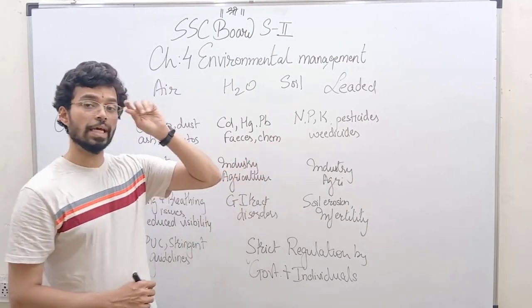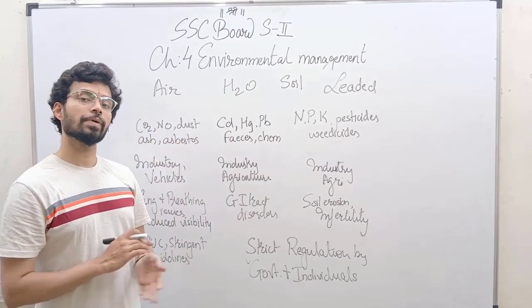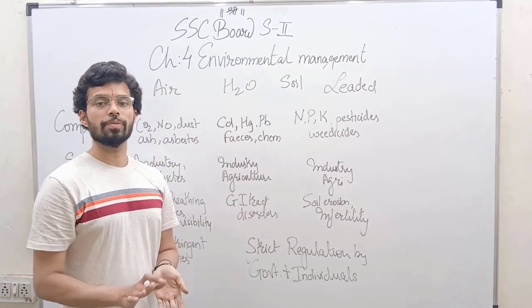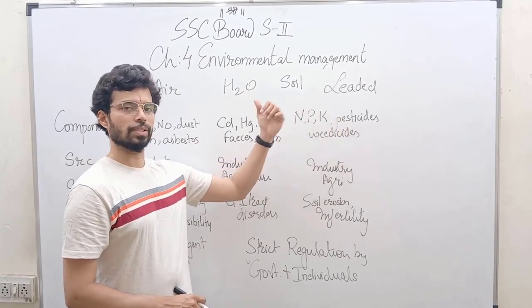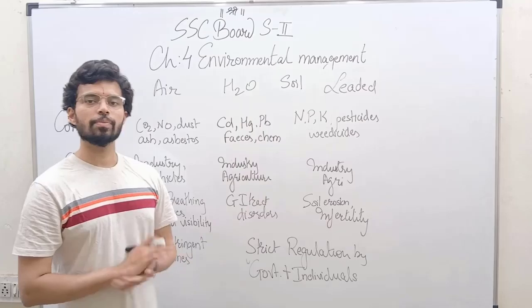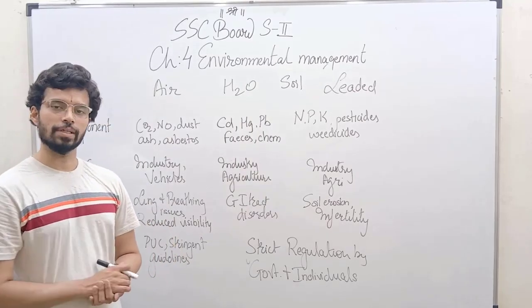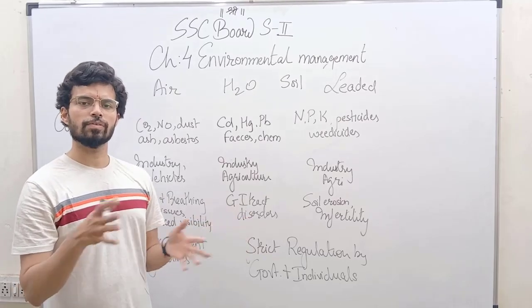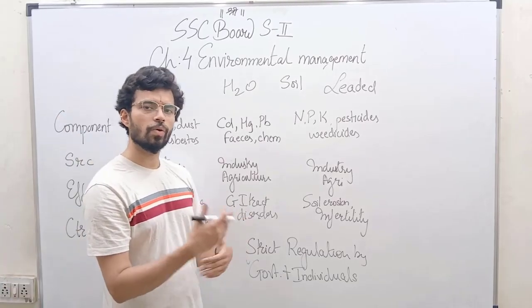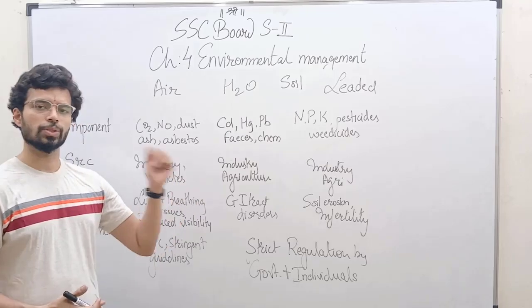Now, soil pollution: excessive use of NPK. NPK is a very famous combination. It means nitrogen, phosphorus, and kalium or potassium. So, these inorganic components are added to soil to increase the fertility. Okay? They come in different ratios, 30, 30, 30, 45, 30, 45, whatever. So, depending on what the condition or health of your soil is, this ratio is decided.